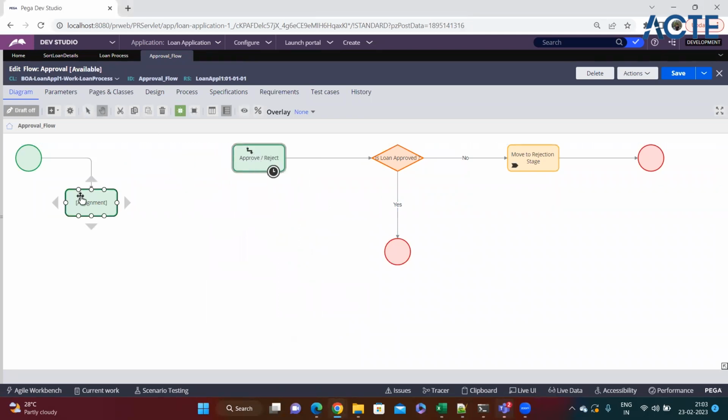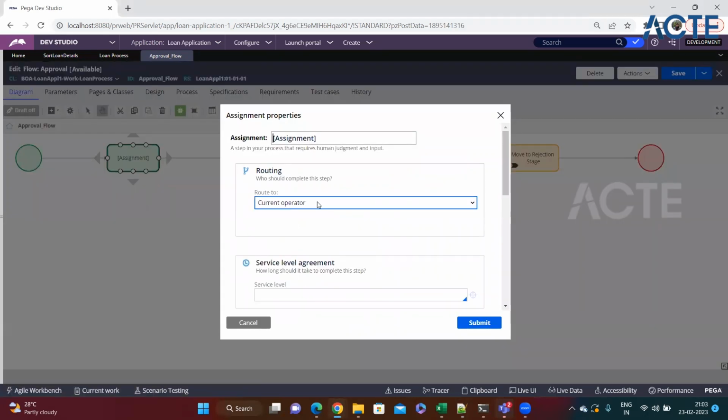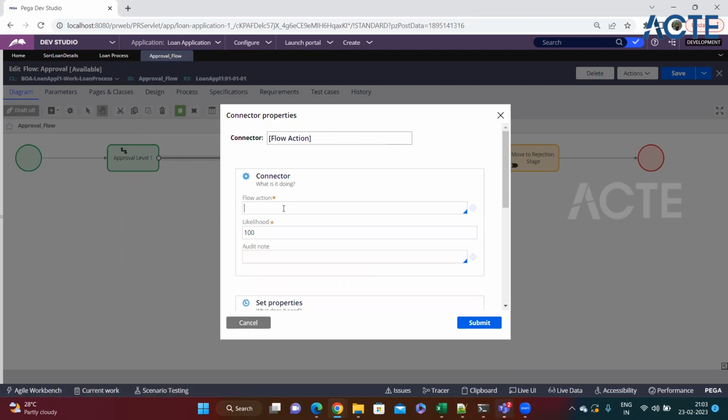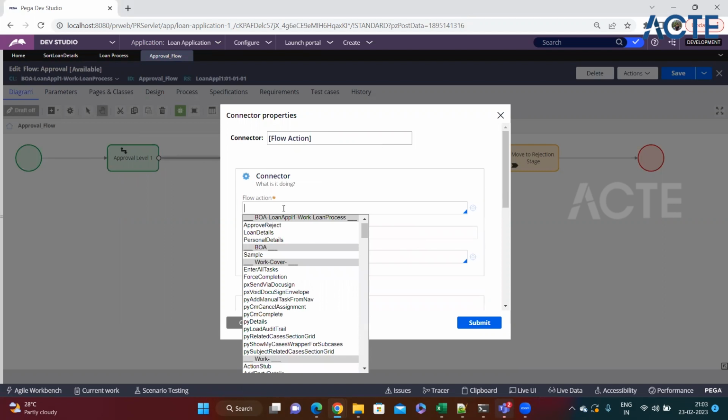So what I'm doing is creating one more level of approval. For example, let's say this guy has approved it. So now this is approval level 1, and currently I'm routing it to me only. Okay, and now I'll submit this, and then here I'll place the flow action name as, let's say, loan details, personal details, and